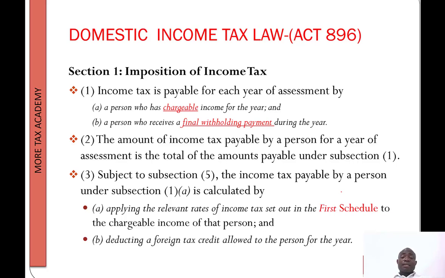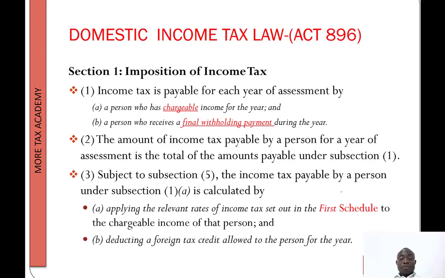So today we want to look at at least 3 main sections, then we can see how we can jump to the other sections. The first section is normally the imposition, and like I mentioned, taxation is a compulsory thing, so you need to impose it on them. If you impose it, then somebody doesn't have an option, and something imposed means that it has a constitutional backing, so failure to comply with it should attract some sanctions or penalties. So section 1